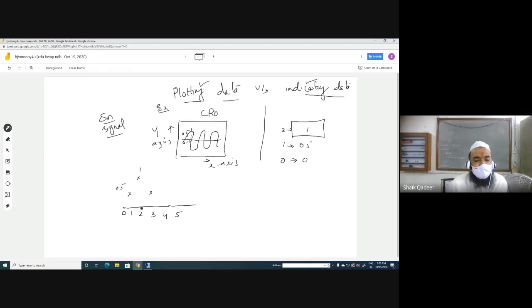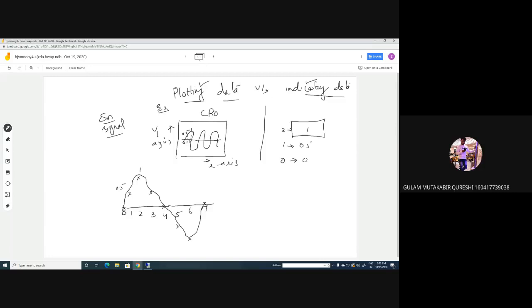At instant 4, it is again 0. At instant 5, it is minus 0.5. And at instant 6, it is minus 1. At instant 7, it is 0 again. Let us interpret this. We'll get a sine signal.